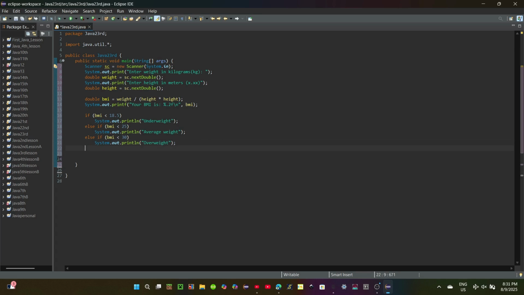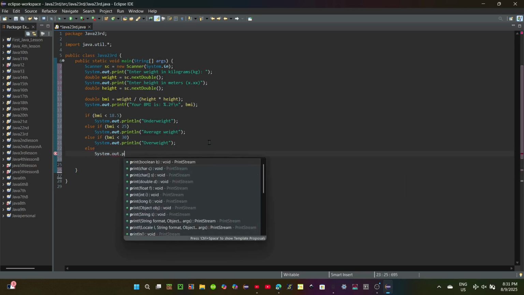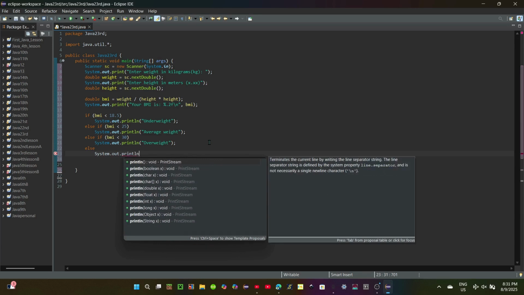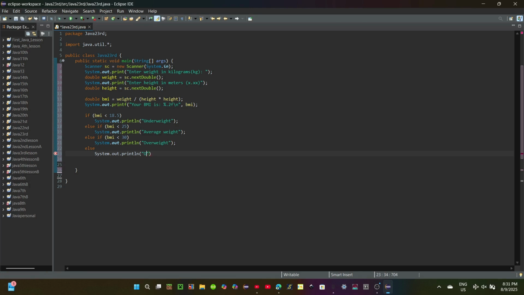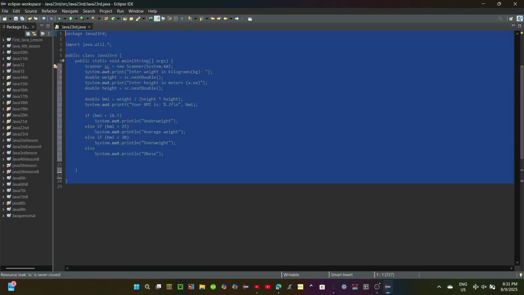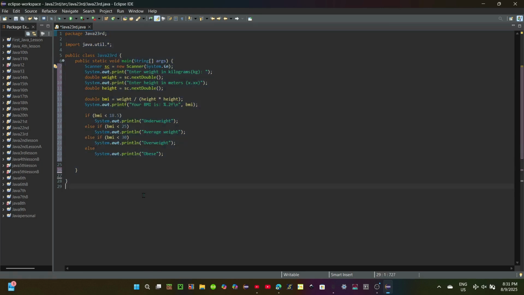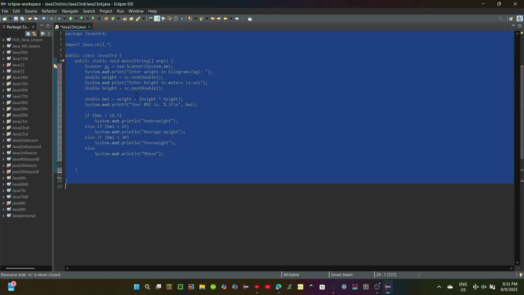And now here we'll type else, System.out.println "obese". And okay, there we go. That's our code. We just select it here or do Control A, right click,